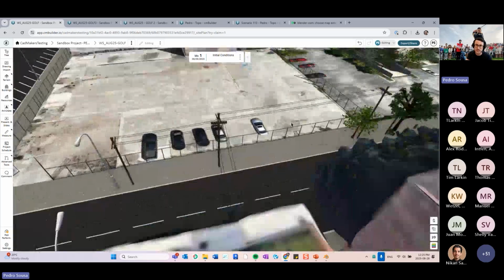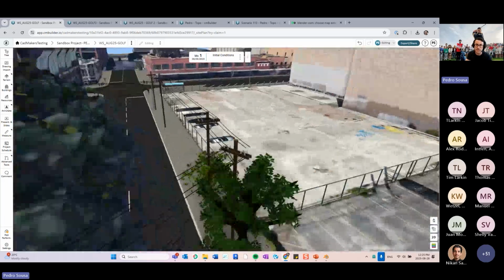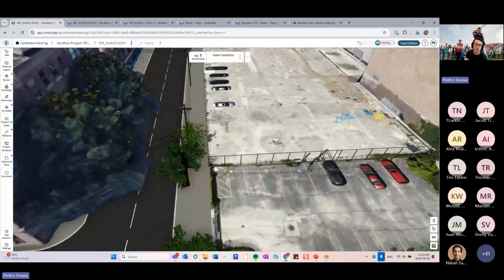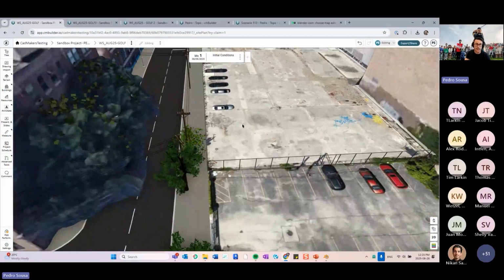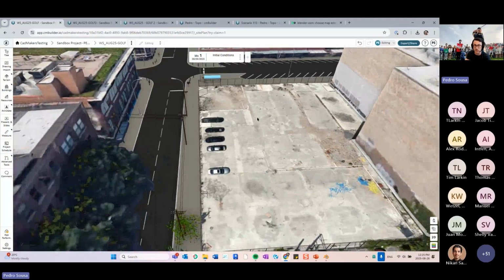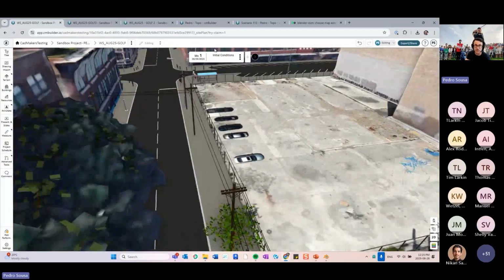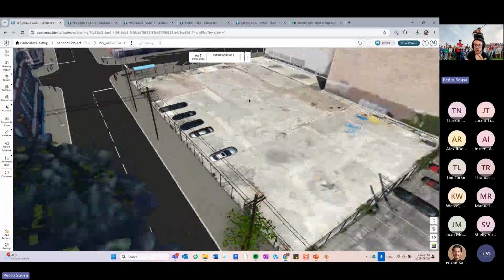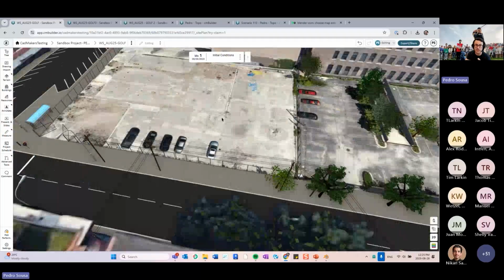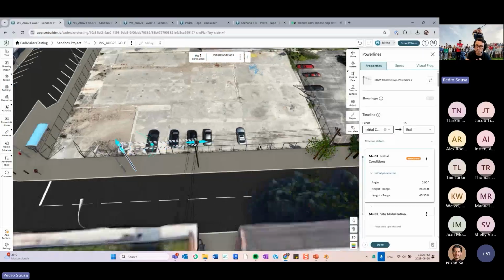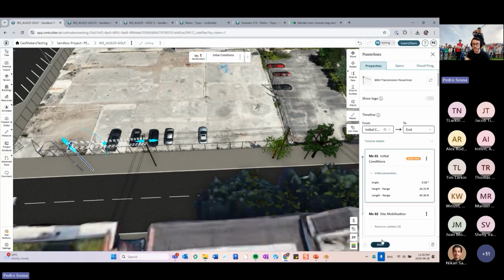So for example, in this site over here, I have these power lines. At some point, I'm going to need to check if my trucks can go below this, if this might be in the way of a mobile crane, rigging, or something like that. So in the first milestone, I always suggest that you place some of these elements of your surroundings, like overhead power lines. These are elements in our library as well, and also trees, things like that that might be impacting